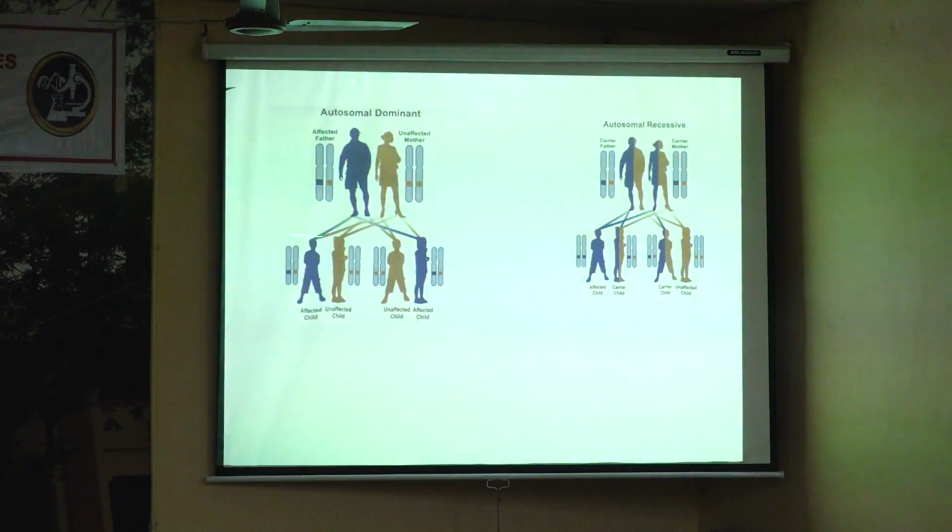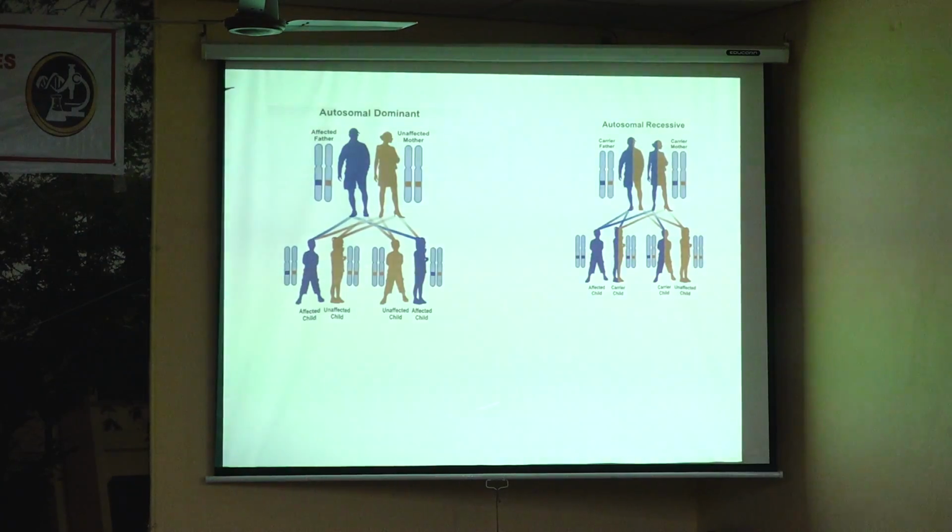So I think this is the mode of inheritance. It is autosomal dominant or autosomal recessive. If it is autosomal dominant, in the sense, the father is affected, and it is a kind of vertical transmission. Grandfather, father, grandson, everyone has that disease. That is called autosomal dominant inheritance. If it is recessive, your grandfather may have the disease, the son may not have the disease, but the grandson may have the disease. It means the recessive disease will skip one generation.